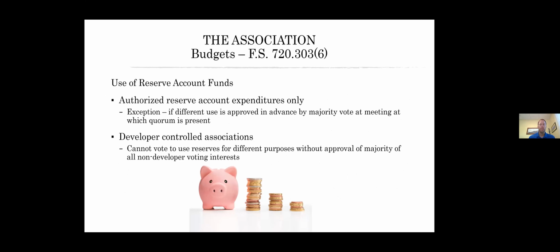Okay. The reserve element is like a budget: you're taking $1 and putting it in a bucket for operations, and in the reserve, you're putting it in a bucket for reserves, and you're designating those reserve dollars for certain things, whether it's a straight-line or pooled methodology, just like we talked about. So if you're collecting $1 for reserves and $10 for the operation, that $1 goes in the reserve bucket, and it can't be used for anything other than what you've designated it for in that pooled reserve or that specific element, like the roof.